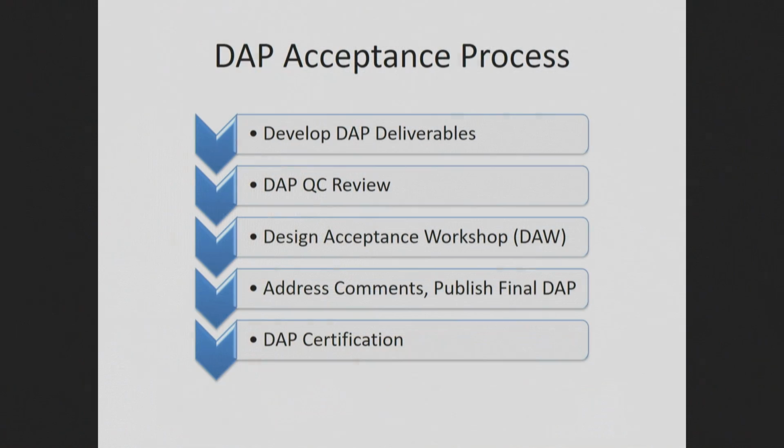An important part of DAP also is the DAP quality control review. Do we have enough time to take a look at the project and the deliverables that we're putting out and make sure that it meets the technical standards for the discipline that we're working in? And then after that is the design acceptance workshop. So we've developed our deliverables, given it to our roadway and specs. They're putting the package together. The project leader's putting out the review set for everybody to take a look at.